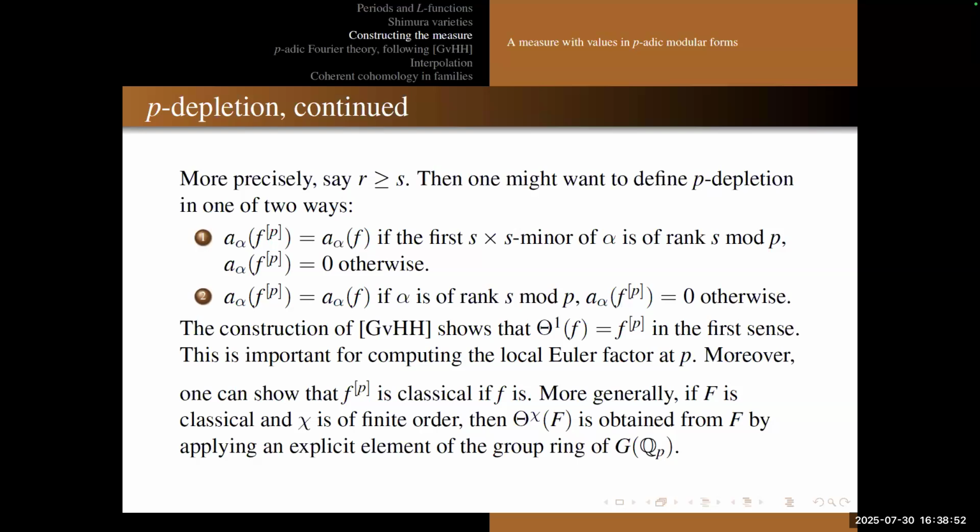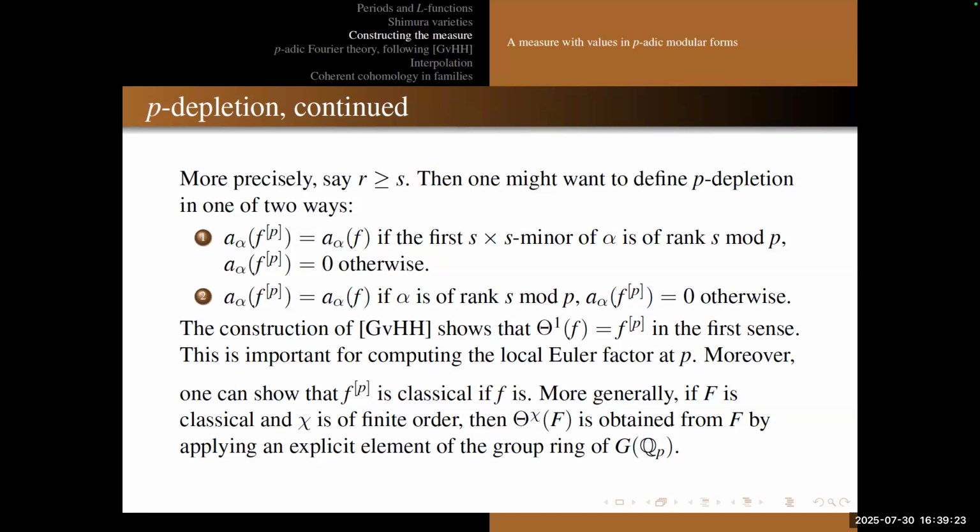So I said, for the construction, you may want to do one of two things. Maybe I may have wanted to do one of two things. Anyway, I wanted to do the second one, but Sean told me I had to do the first. That's how it's actually first. So this is what happens to the Serre-Tate